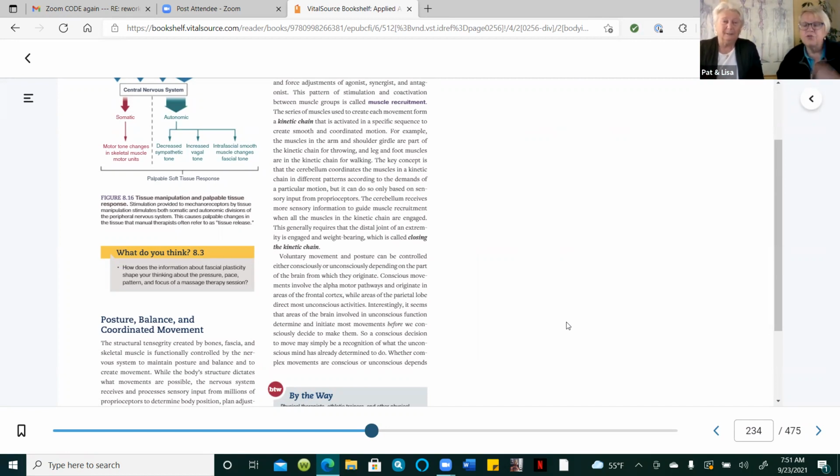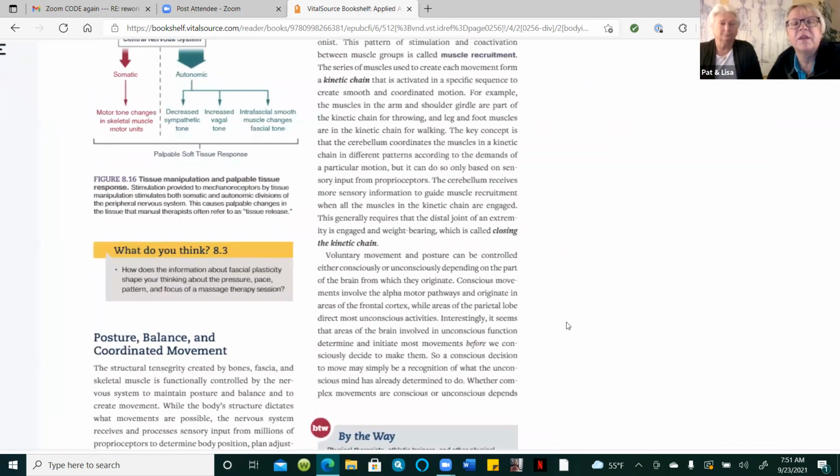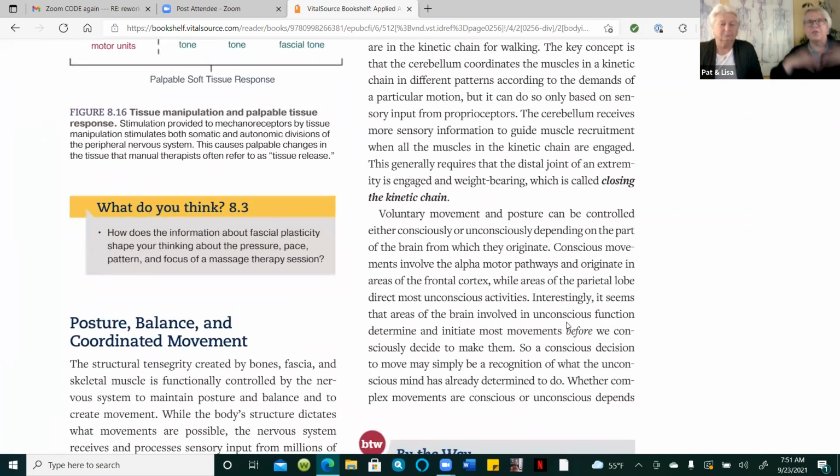Yeah. And so two other features we just want to point out. One is the What Do You Think questions, which you can see. These again are scattered through each chapter and break it into useful chunks. But they also help students think about extending beyond the information, not just do I know A, B, C, or D, this answer for something, but how do you take this and what do you think? So like this question, how does the information about fascial plasticity shape your thinking,